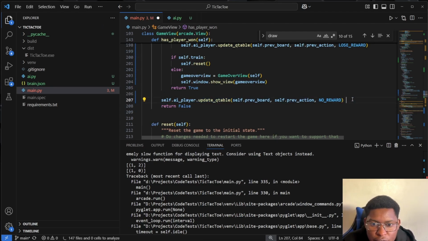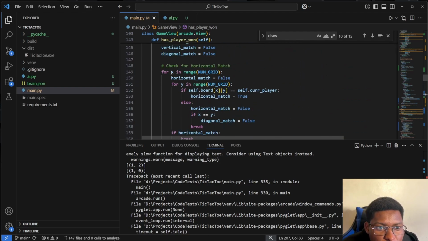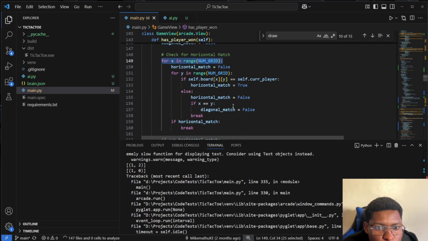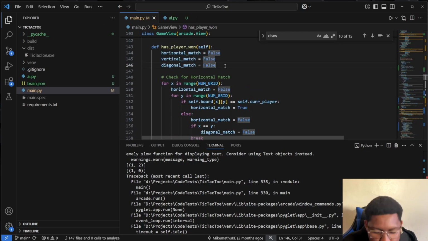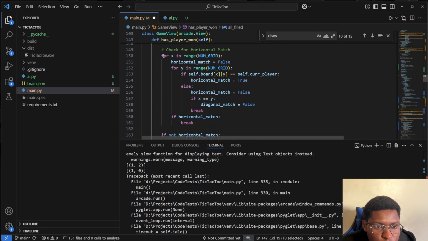Actually, what I'll do is, up here we already have these loops that are checking for any match. So in the loop, we can have all filled equals false. So all positions filled equals false. So as we're looping through here, we can have if this is the current player, else break that, and then